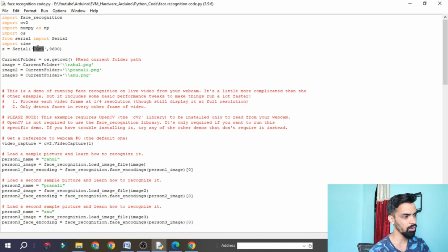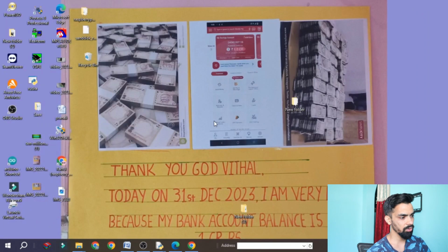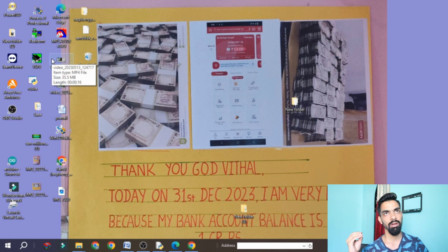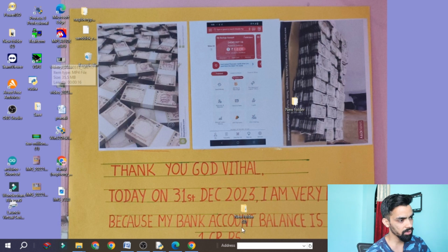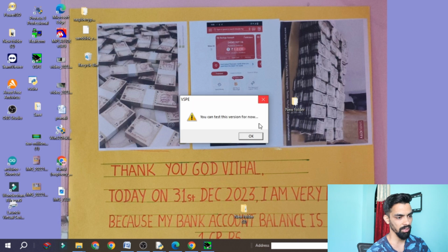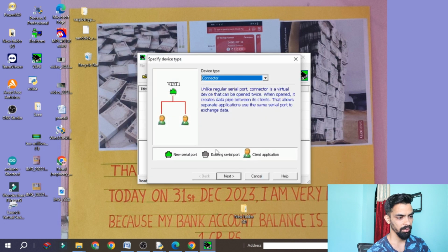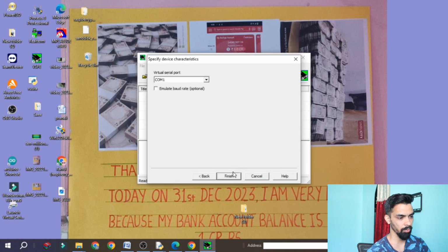And before that, here is COM5. For that you first have to create the virtual terminal. Many times students miss that step of creating the virtual terminal. If you are using the face recognition or EVM project for Arduino, or the Proteus simulation project for face recognition, for that project I use the VSPE software. So you should open that VSPE software. Many students miss this step too. Then in Device you should create a virtual terminal, let's say COM1.